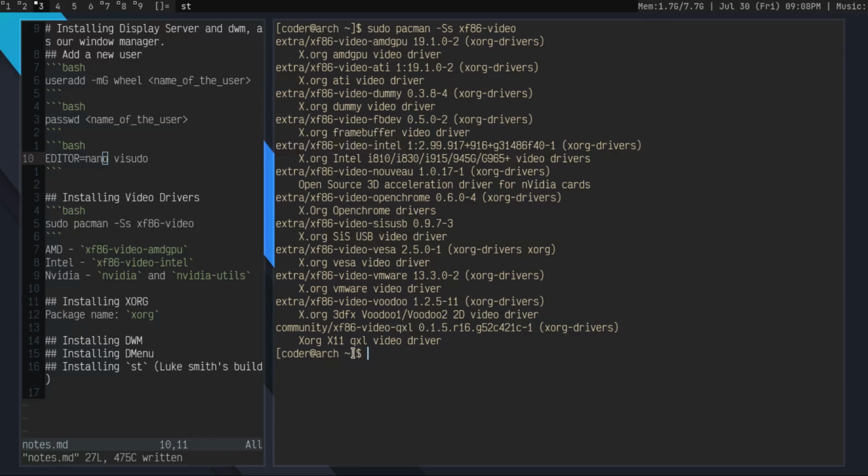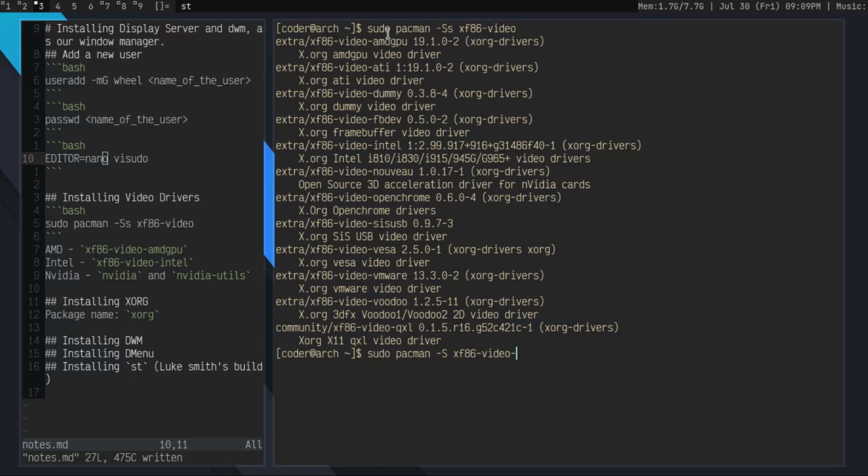Or if you are on an NVIDIA card, you should install two packages. Okay, I'll show you. For installing the video drivers for an AMD card, you should type the command sudo pacman -S xf86-video-amdgpu. After you hit enter, it will prompt you for the password. Hit enter again. It will prompt you if you want to continue. Hit enter again. By default, it will choose yes, and then you will get it installed.